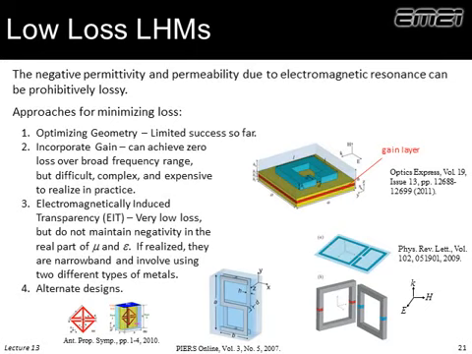There's also an effect called electromagnetically induced transparency. Not a whole lot of folks are working on that, more on incorporating gain. However, there are also alternate designs. We don't have to have split ring resonators. There are other types of structures that can give us left-handedness without the loss. So one I'll point out are these S-shaped resonators. We can get a negative refractive index, or be left-handed, with relatively low loss. I'd certainly invite you to follow up on some of these papers to read about this.